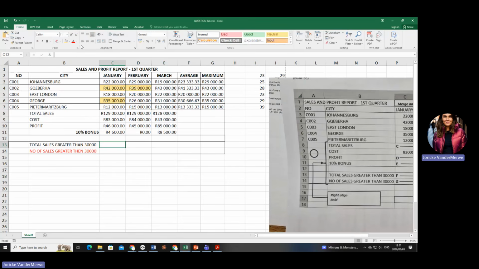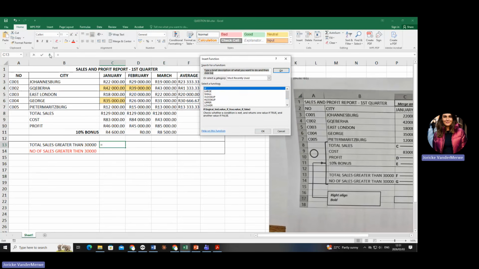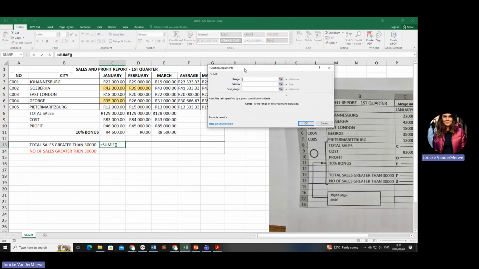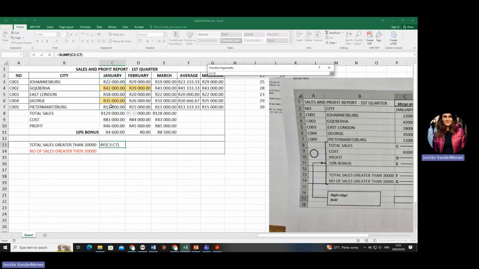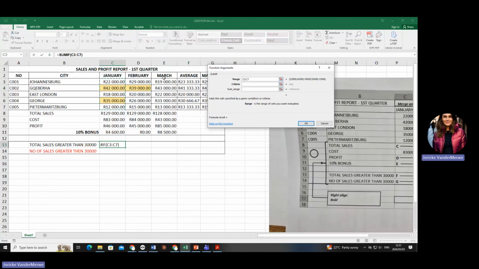We are going to do SUMIF. So we're going to go to fx and we're looking for SUMIF. Make sure you don't make a spelling mistake. There it is. It's not SUMIFS, it's only one IF. Where am I looking for, darlings? I'm looking for January, which will become February, which will become March as my autofill goes on, yes?